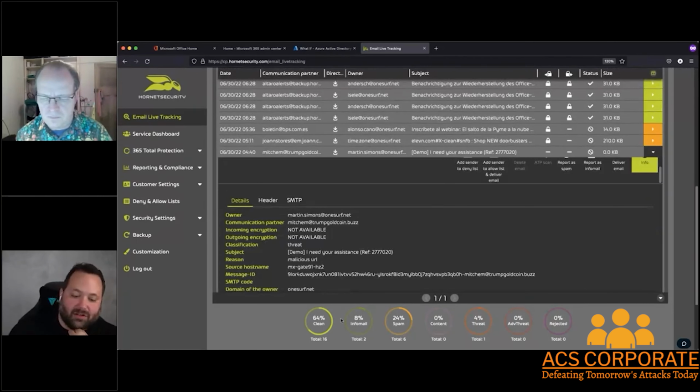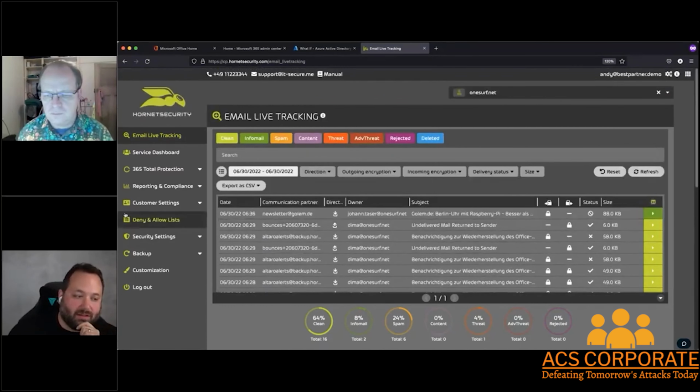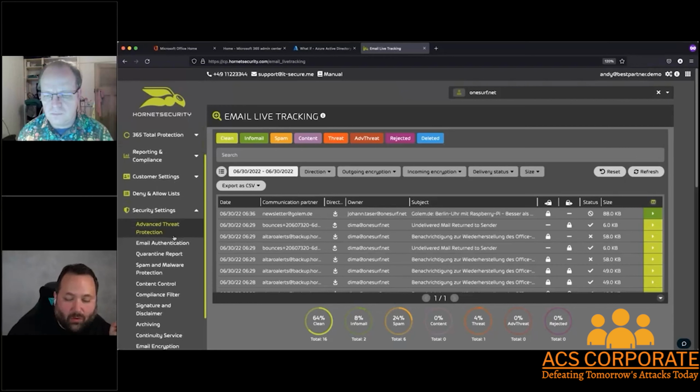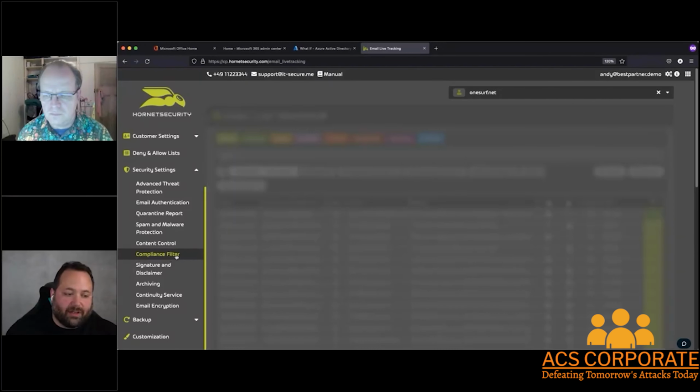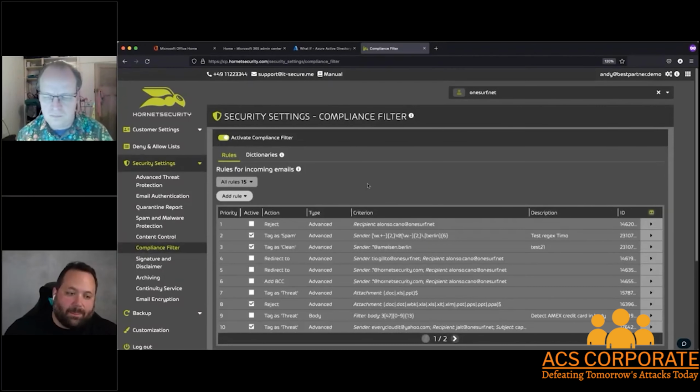But the other nice thing here is you can see the percentages based on your view settings of threat versus spam versus advanced threat, the different types of detection within the tool. And the final area I wanted to show really quick while we have a minute or two yet is the security settings view here. This is where you'll see a lot of the different security settings contained within the product. And we were talking about Microsoft Information Protection earlier, so I wanted to point out the compliance filter here. This would provide some of those same capabilities, but right within this tool along with all of our other